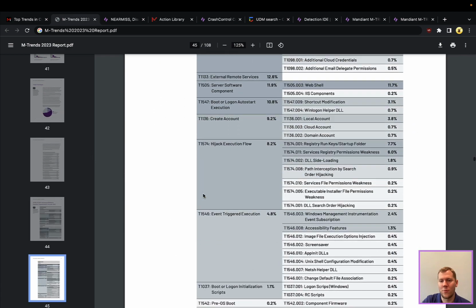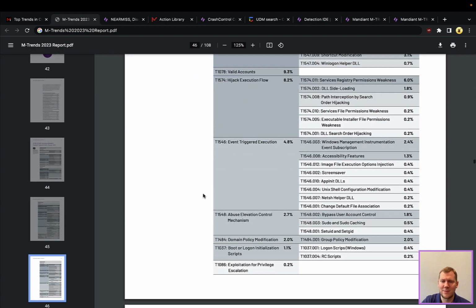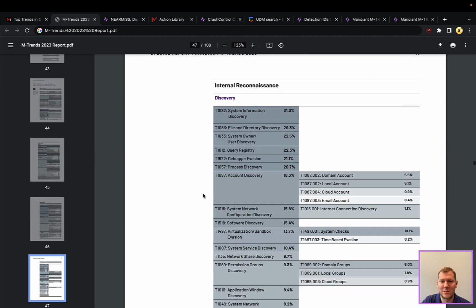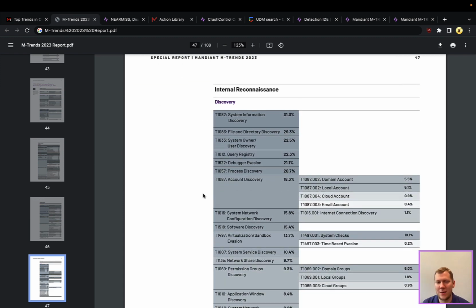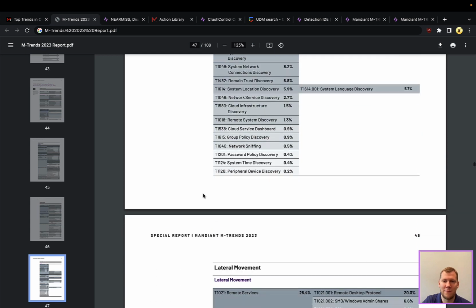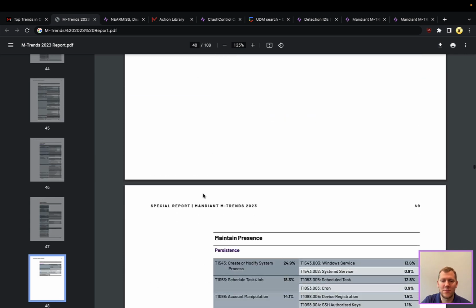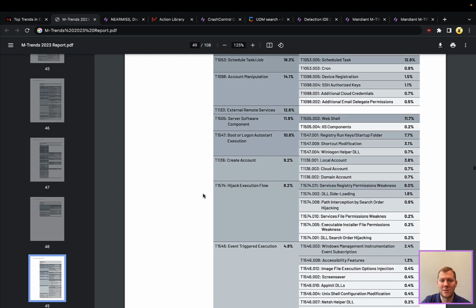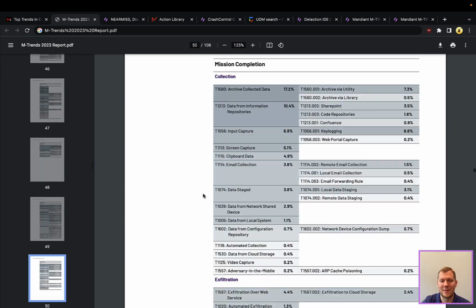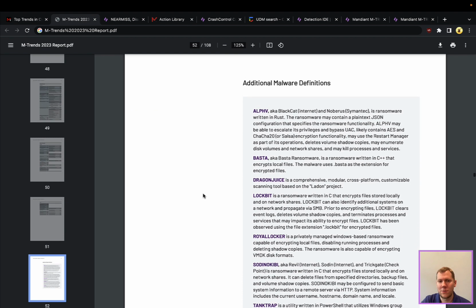So again, these reports do a really good job of breaking things down by techniques. It may be worth taking a look at your organization and seeing what kind of detections and coverage you have for some of these techniques. Is this something where I have an alertable threshold? Is this something where I have analysts doing threat hunting? Just to really make sure that you're prepared against threats like this, because these are the common techniques that they're seeing. There's a lot of great open source tools here, so you can run Atomic Red Team,